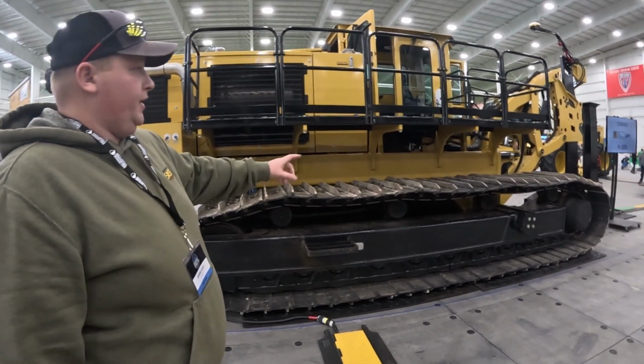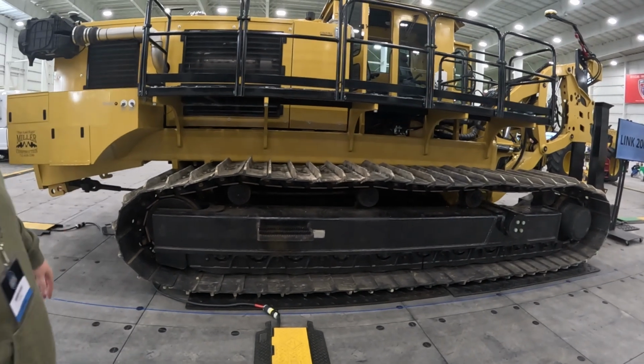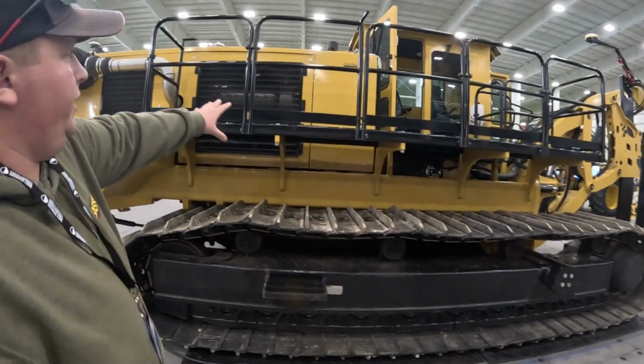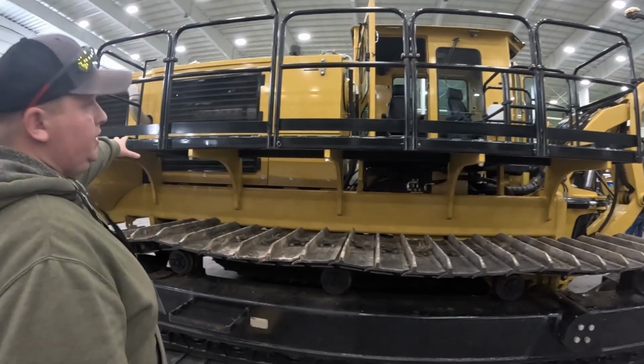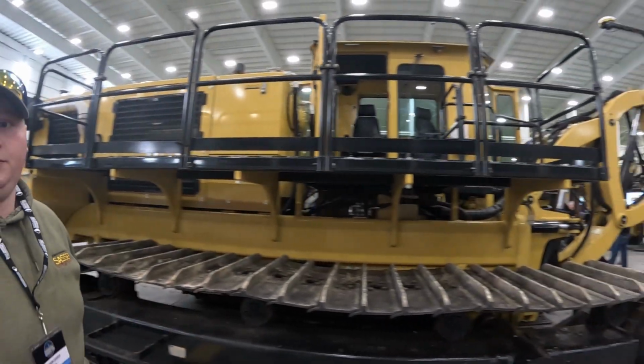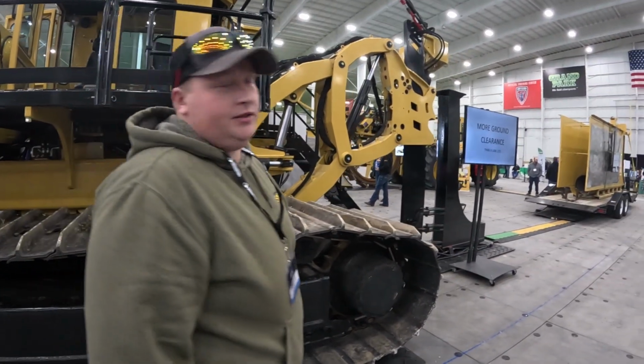But you can see right here we got track frame. Pretty large track frame. Pretty long track frame, I would say. Got all your engine, hydraulic coolers, a nice big platform though. I think this is the biggest platform on a machine we've seen today. If we come back here to where what actually matters,